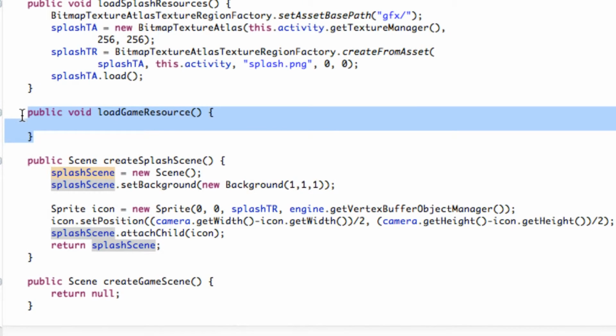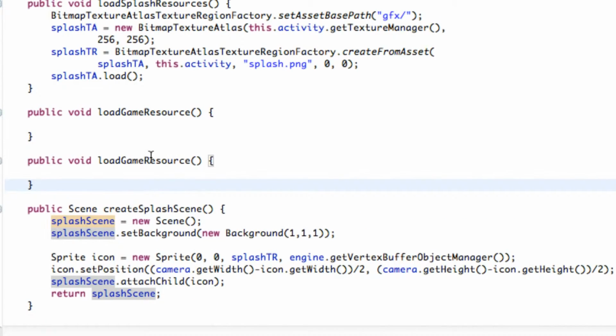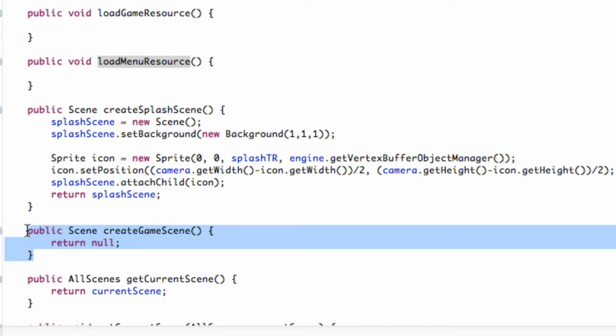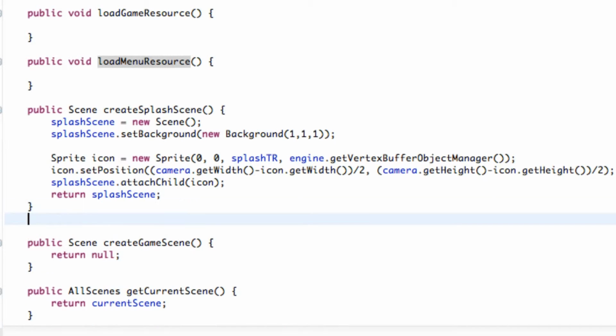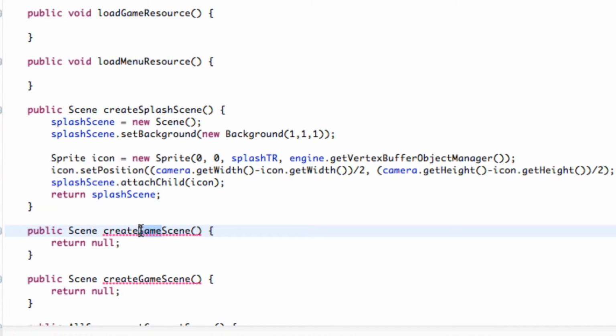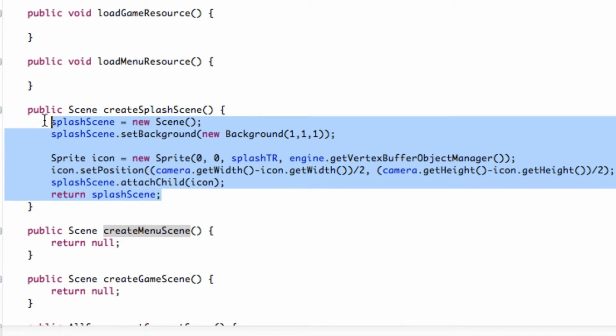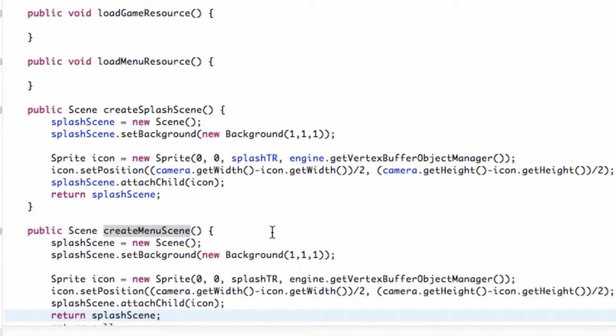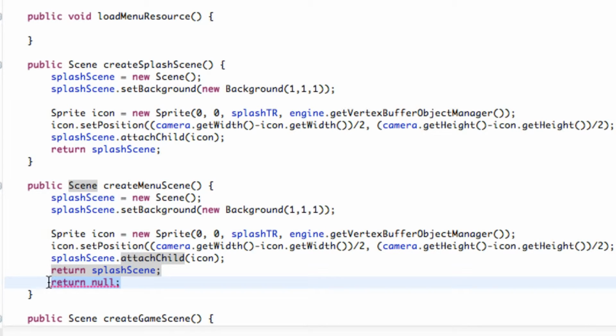So I'm also going to copy this method here just to not cause confusion. We can also load menu resources. I'm going to copy this method down here to create our menu screen. And maybe for now we'll just copy all this and paste it within our create menu scene. Change these values just to be 0, 0, 0, which will be a white background, and that way we'll know